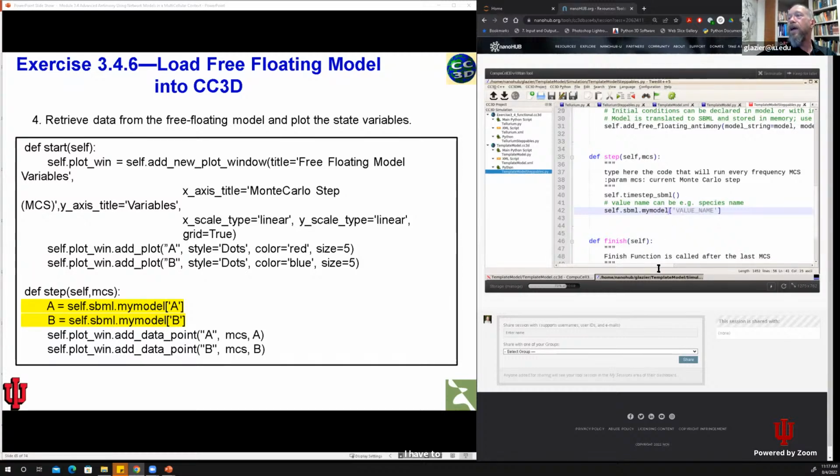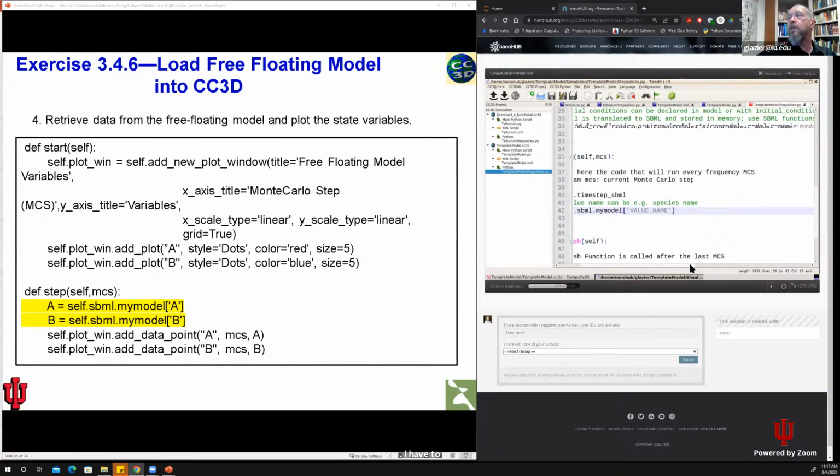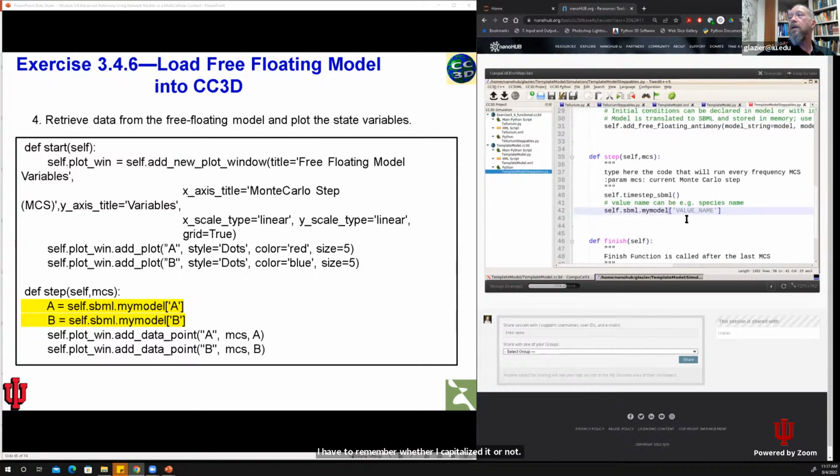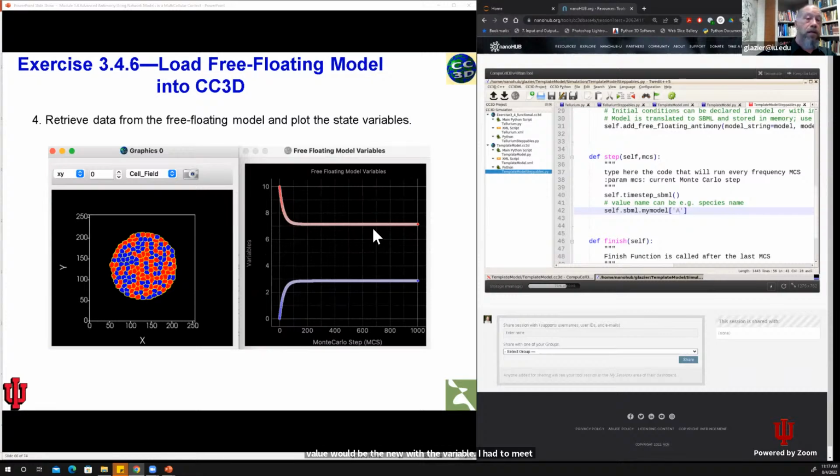I have to remember whether I capitalized it or not. I didn't. And value would be the name of the variable. And I had A and B. So I do that. Okay. And if I run that, I can get a plot that looks like that. That's not a very exciting result,